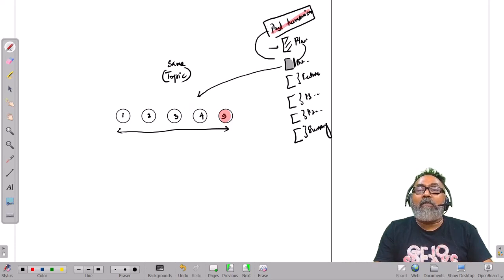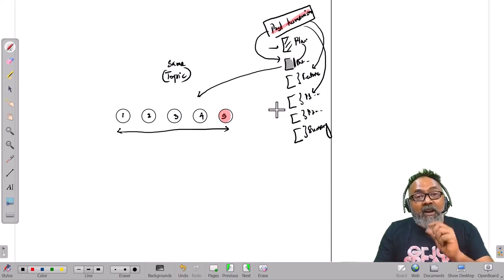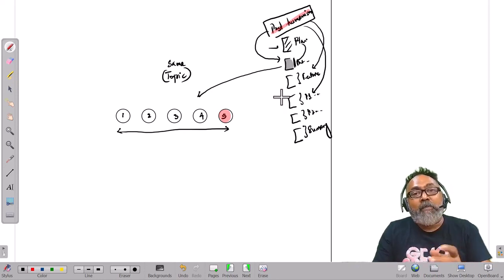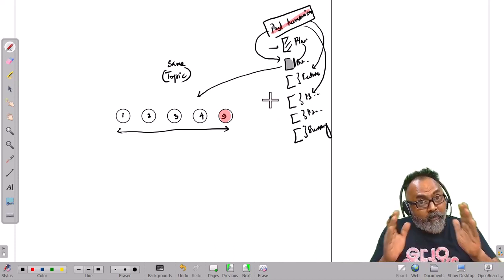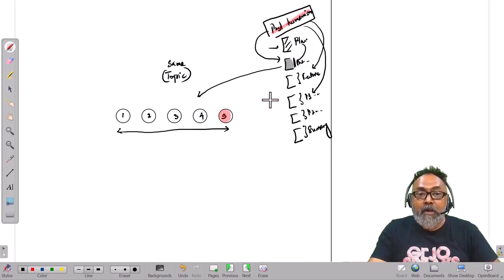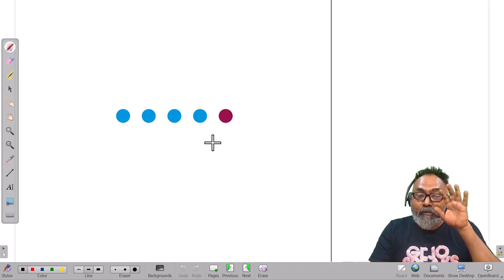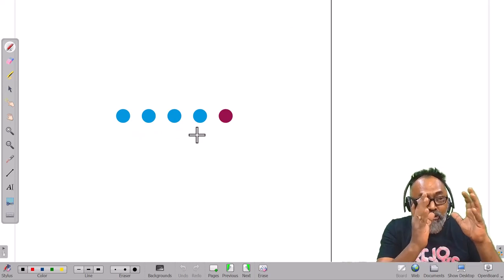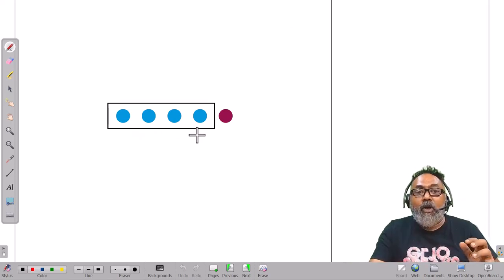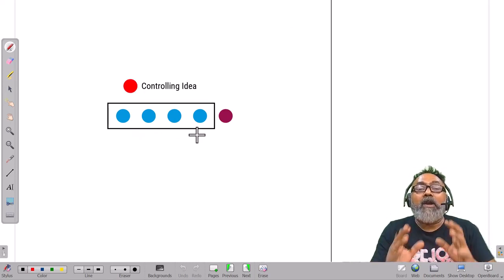Treatment that happened, let's say in paragraph number 2, is talking about what post-humanism is. Paragraph number 3 talks about the specific features of post-humanism. Paragraph number, let's say, this paragraph talks about the problem that is with post-humanism. So the treatment of the topic in each of these paragraphs would be very different. Right? That is something that you would keep in mind. So the topic will be the same, but the 4 sentences that belong to that particular paragraph, to that single unit called a paragraph, will have one controlling idea.